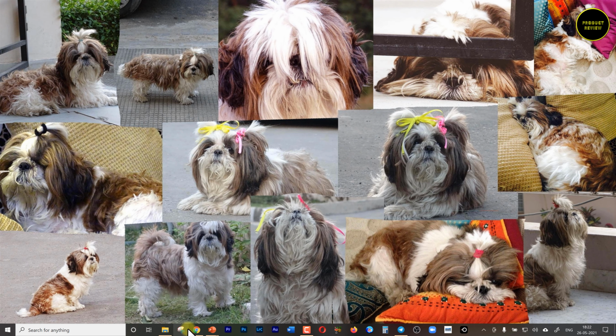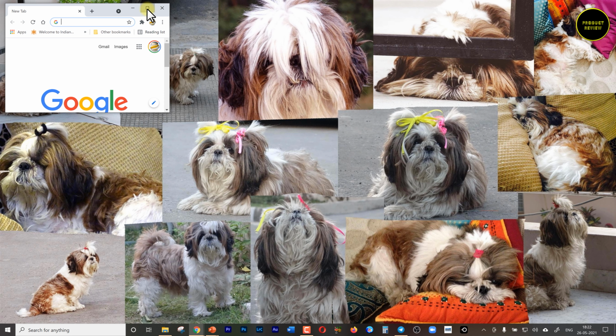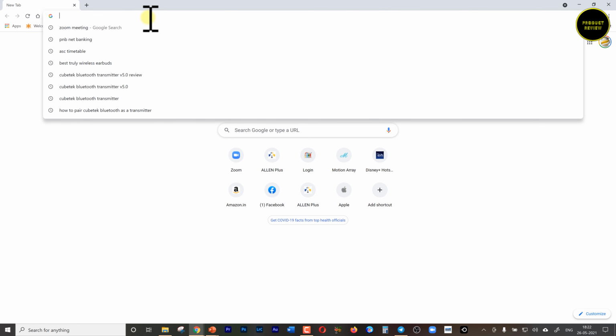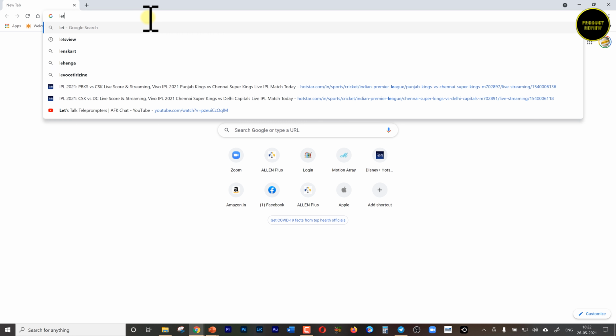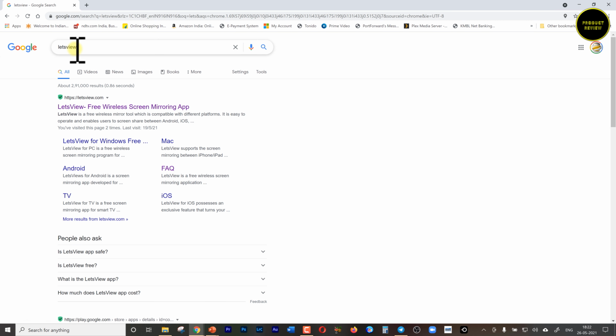Open a browser on your computer and type Let's View on the search field. Now click the site that says Let's View free wireless screen mirroring app.